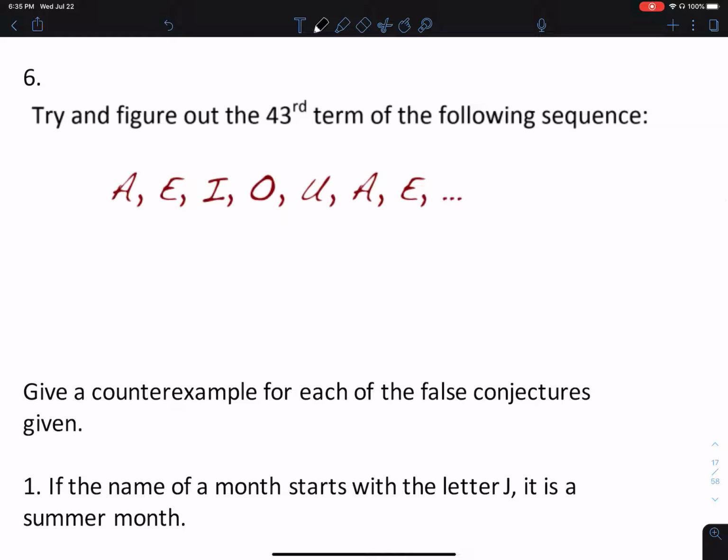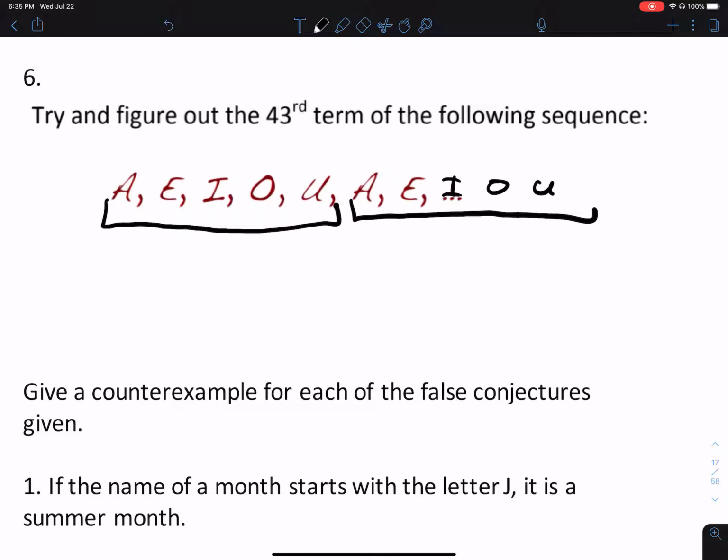Number 6, try to figure out the 43rd term in the following sequence. All right, so sequence, is this repeating itself? Sure looks like it. A, E, I, O, U. A, E, it's probably I, O, U. There are 5 letters in this pattern. Since there are 5 letters in this pattern,